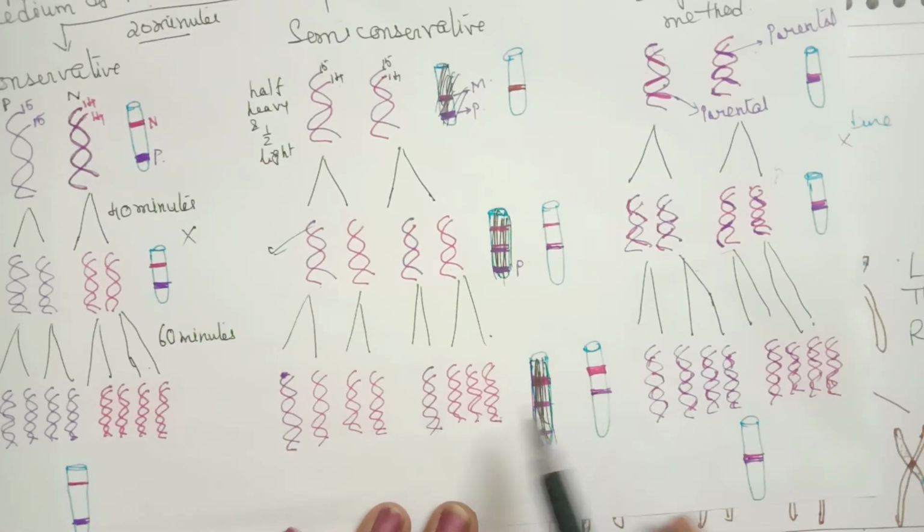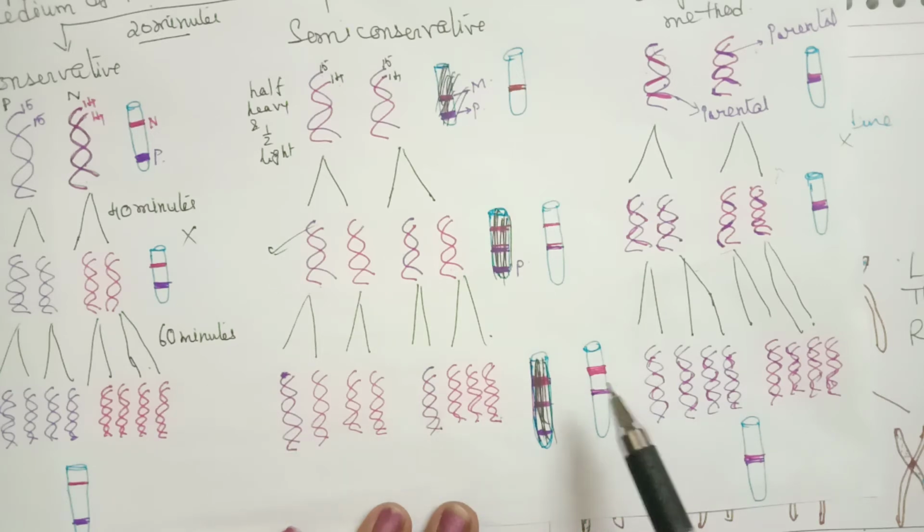In the middle as usual, because there is a hybrid DNA, and the top band is present similar to the second generation, but the change we can find is that this becomes broader. As the number of generations goes on, we can find the top band, the light one, becomes more and more thick, because the light DNA molecules are increasing.